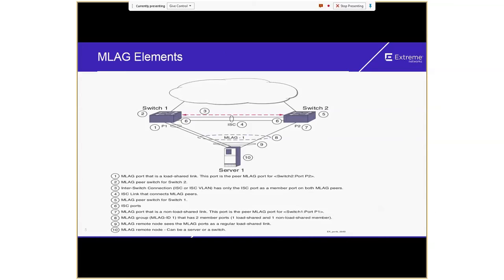So the only redundant path is the ISC link. Let's say there's traffic coming in from the internet, which looks like a cloud here, and we have the P1 port on switch 1. Just in case that goes down, the only other path